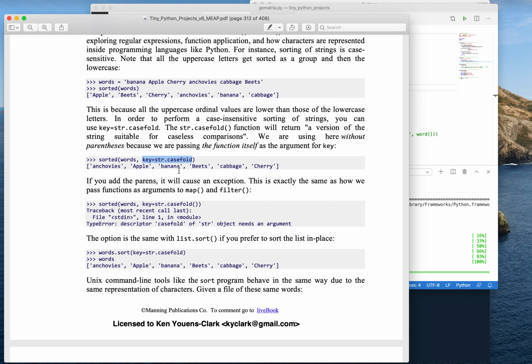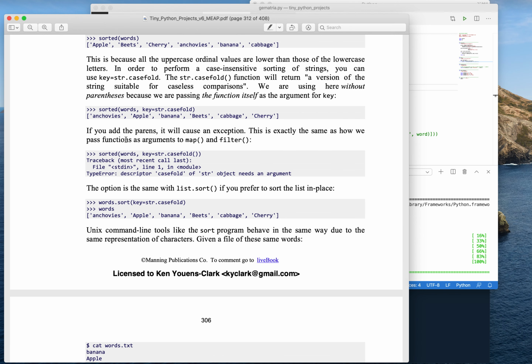So that is a case insensitive sort, which is not the same as what you'll get from the default behavior of sorted in Python. And now that you hopefully understand the ASCII table and all of this business, you really understand why you need to pass in this string casefold function, and hopefully you also understand that it's a higher order function. The note here is that you can use the same key value